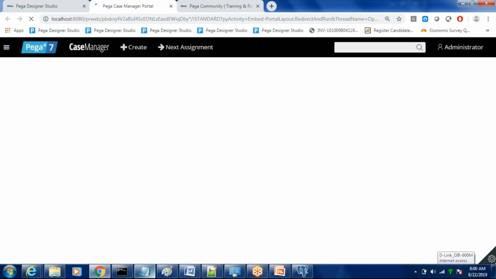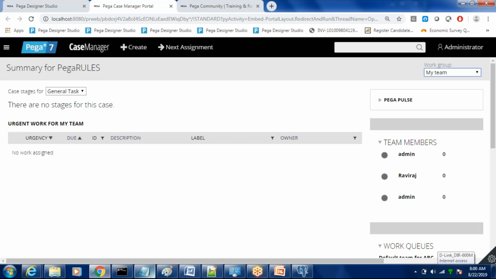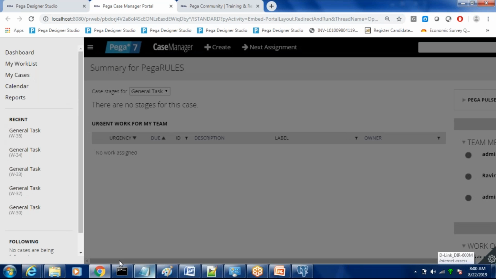They are going to perform on this space. There are multiple options given on the right here. Using these options, they are going to manage the work which is assigned, what they have to do today. Every day whenever a user comes, they will log into the system. They will access these set of options which are given on the right side. They will see the list of items that they need to do.